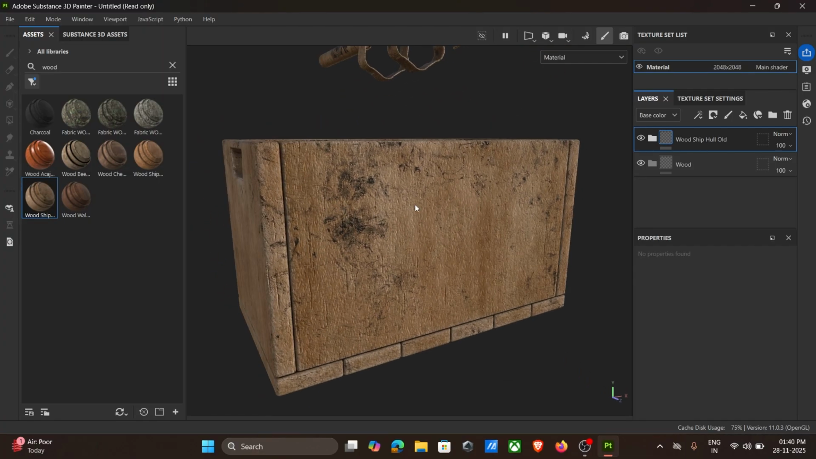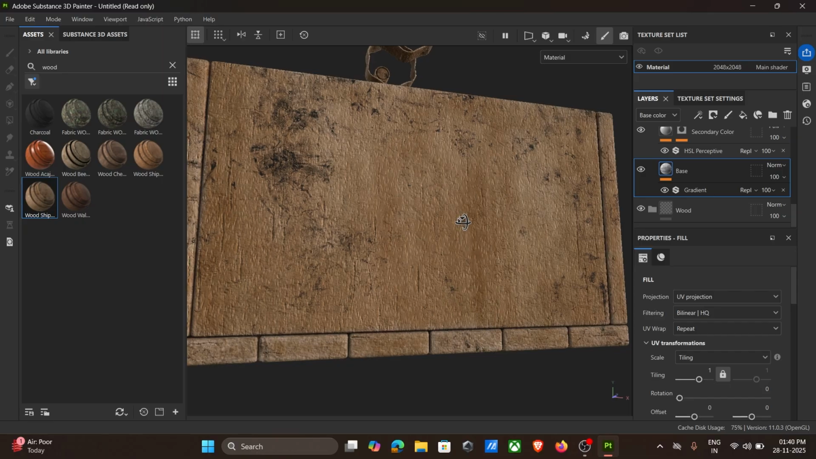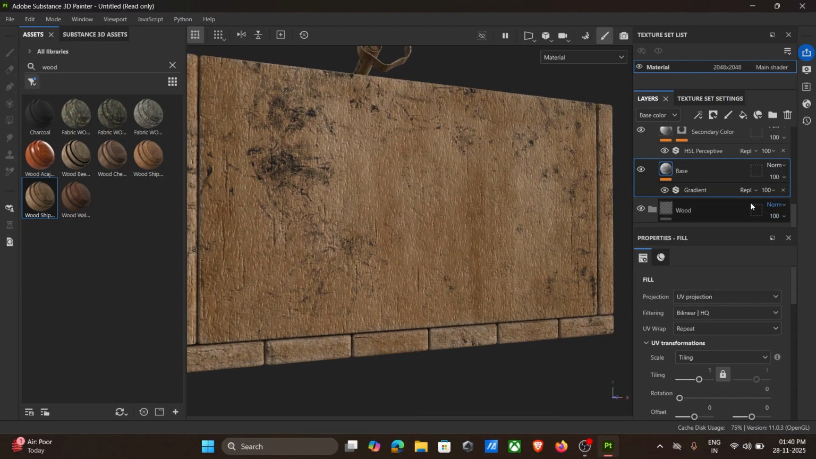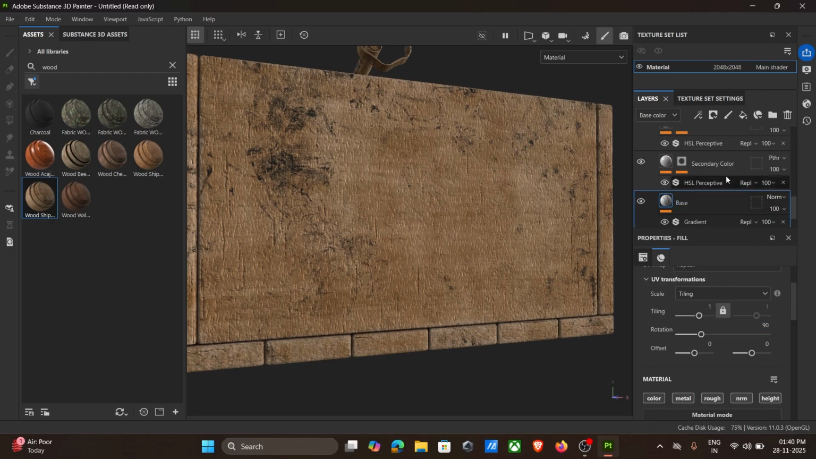Okay, so this looks good. Let's make some changes in it. So first, in base, you can see the vine's direction is like this, but I want to make it like this. So I will rotate it by 90 degrees. Okay,